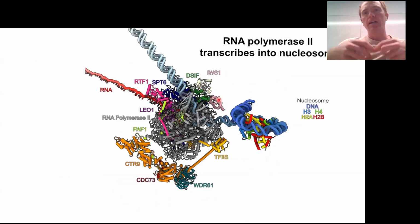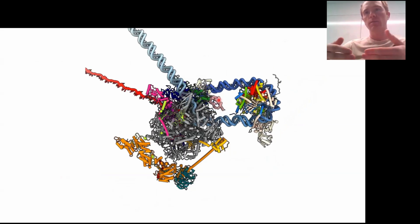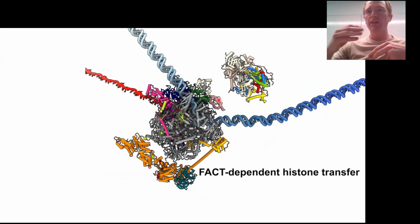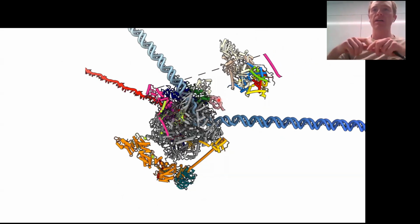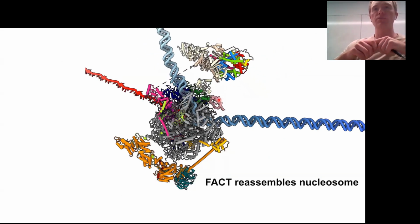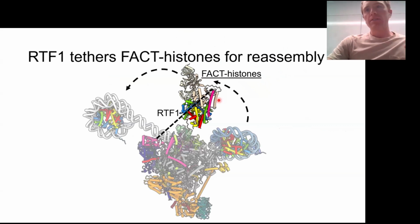recruits FACT. And as it recruits FACT, FACT comes in and is able to disassemble these histones. And to prevent those FACT-bound histones from flying away, RTF1 catches the FACT-bound histones and facilitates the movement of them onto the upstream DNA. So now we've answered this first question, which is really how does the transcription machinery tether the FACT-bound histones to